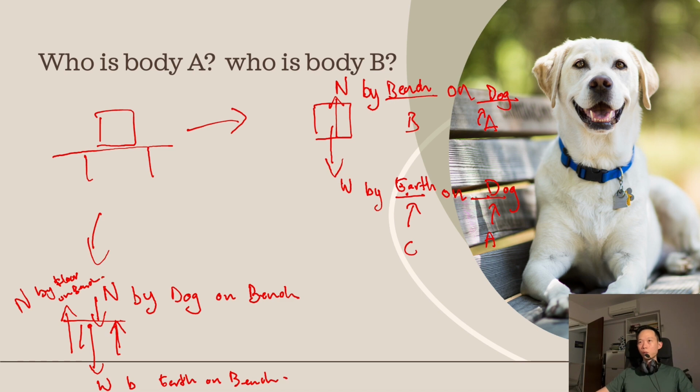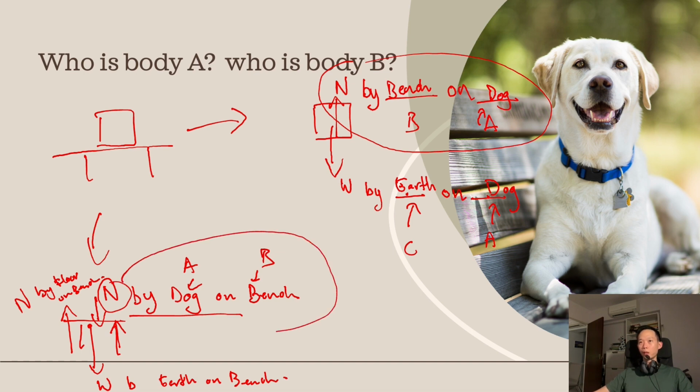So if you look at this original ABBA thing, you will, I hope, be able to see that this normal contact force exerted by the dog on the bench is the action-reaction pair to the normal contact force exerted by the bench on the dog. So they actually appear on different free body diagrams. Okay, so in summary,